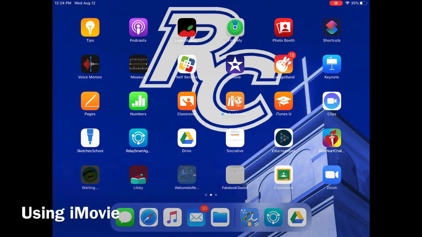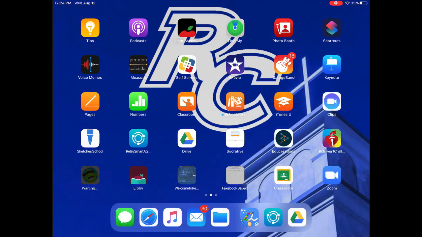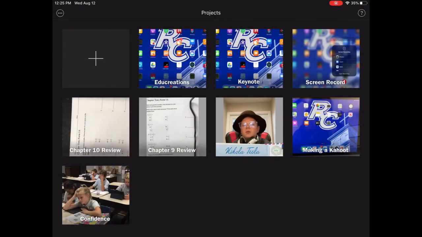Tutorial on iMovie. Now there's an app in self-service, or it might be already on your iPad. It's purple with a white star and a movie camera. And I used iMovie like crazy with the kids. They love it. And there's two components to iMovie. There is iTrailer, or there's iMovie. And right now I'm going to show you both